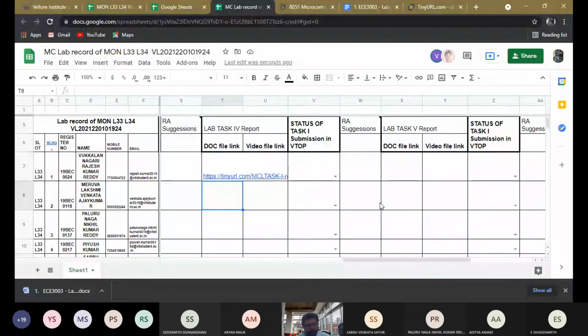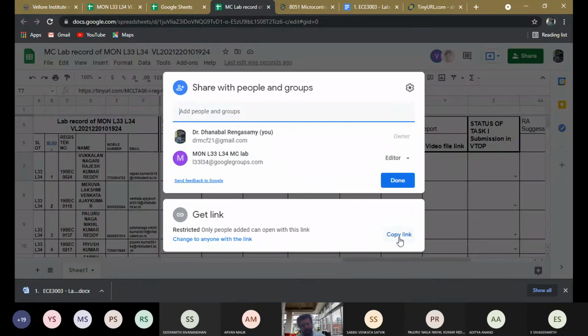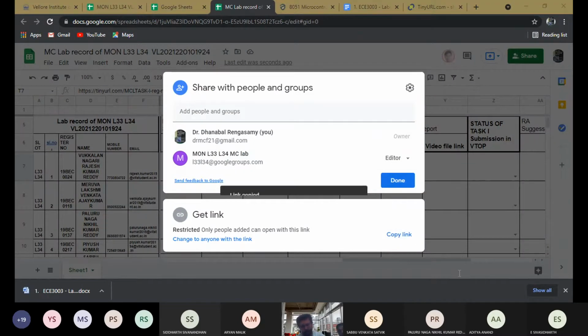Everyone do this report filling. You can edit that file later on. Just to create this tiny URL, fill this thing for attendance, today's attendance. If you have filled the document file link, I will be giving the attendance. So this is the attendance for today's class. Everyone fill it like this. If you are not able to access that spreadsheet, you can access it from this.